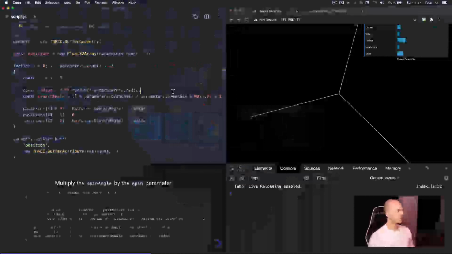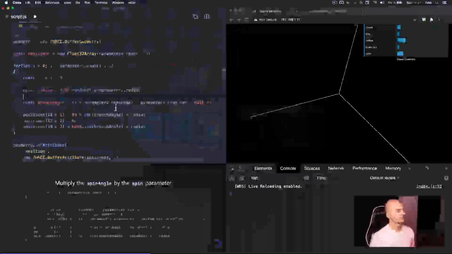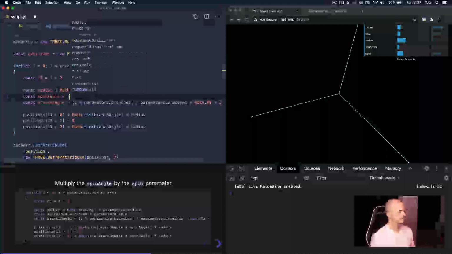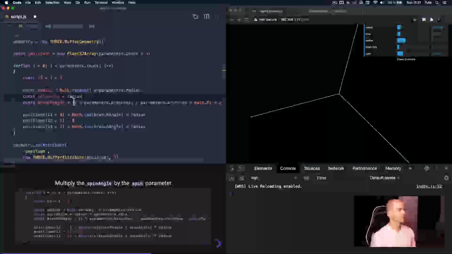We're going to create a new angle. Why not? It's just to prevent having too much in one angle on one line. I like to separate with multiple variables. I know it's more work for the CPU because JavaScript has to create more variables, but at least you get clear code. So we multiply the radius by the parameters spin. Because the further away from the center, the more spin we want. So we just take the radius